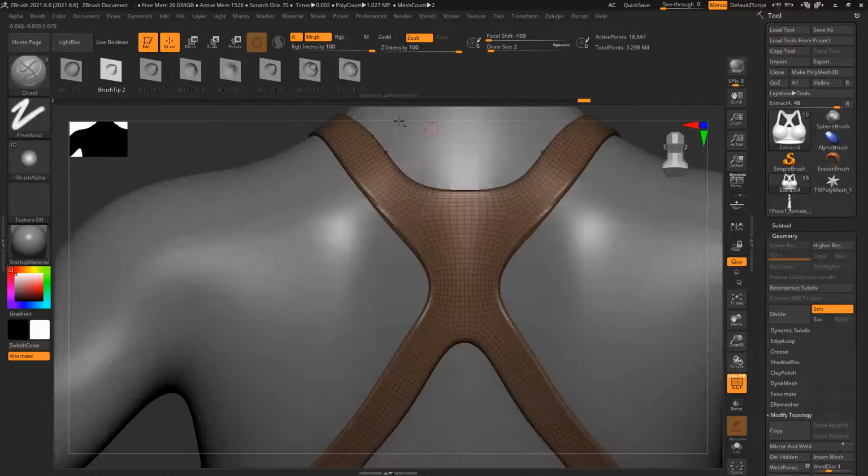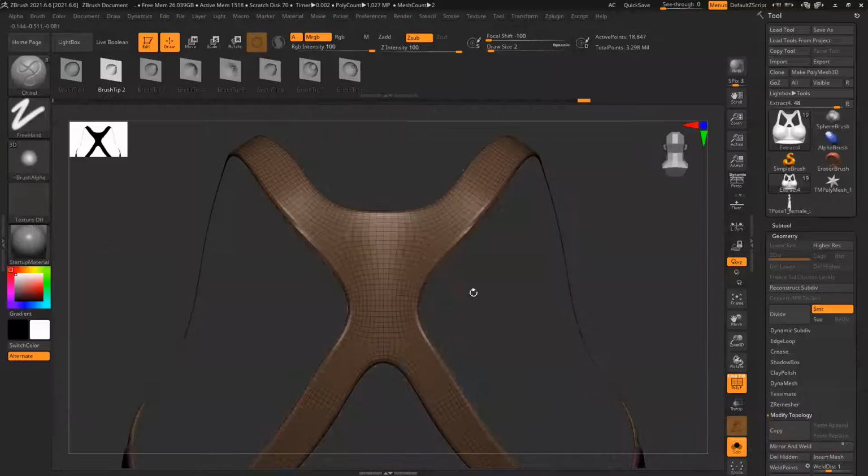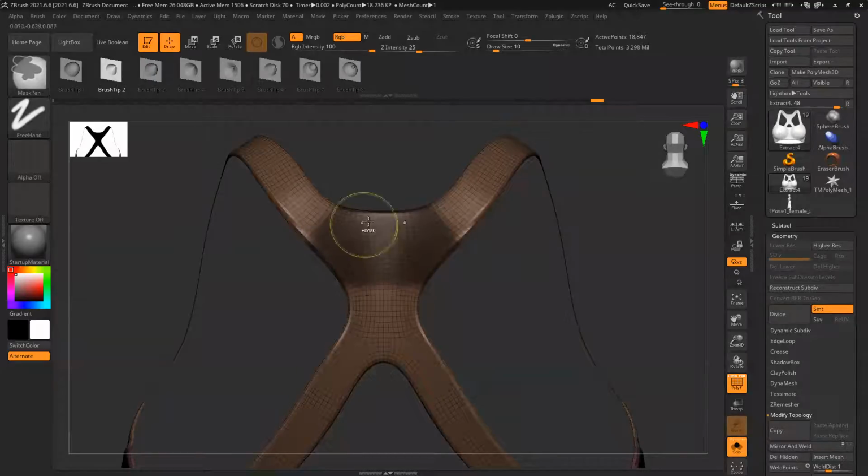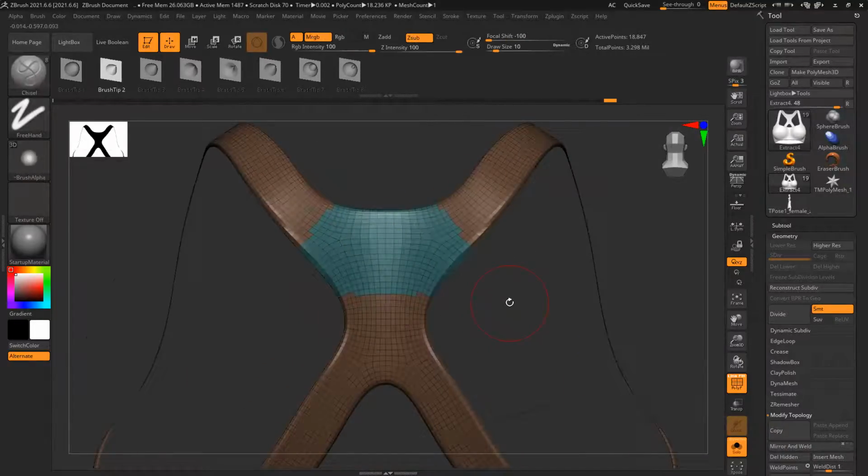Shift F. So now suppose I want to create a band here. So isolate the model. Select this thing. Make sure there's nothing else selected. Control W. So a polygroup is created.